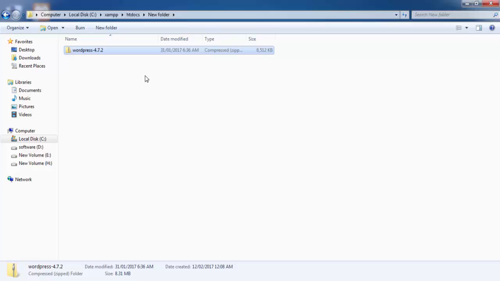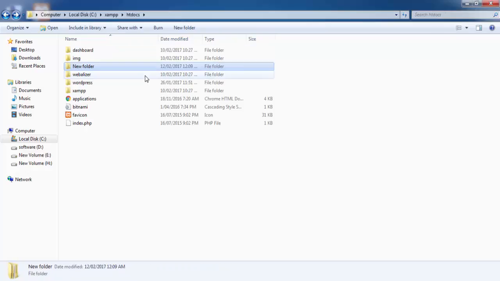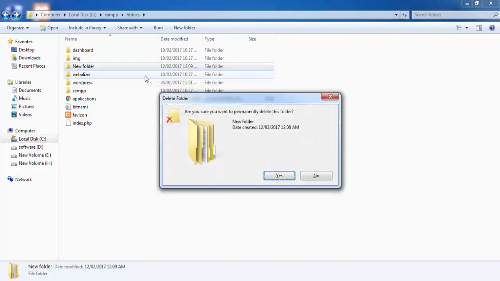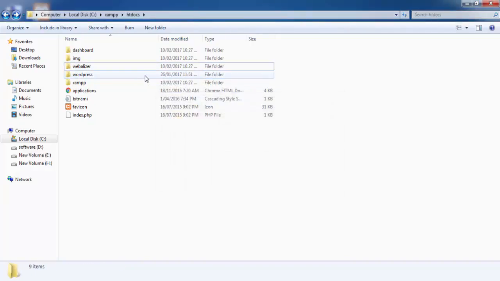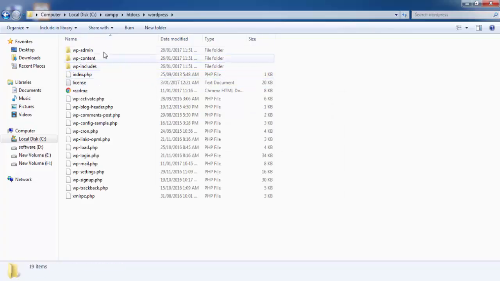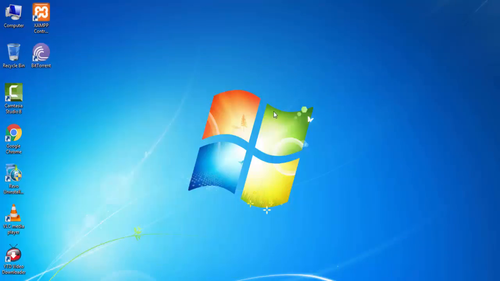So no need to change this feature. Paste it here itself. Now I'll delete this new folder. No need of this. I'm done with the pasting of this WordPress. Now I'll go to WordPress.